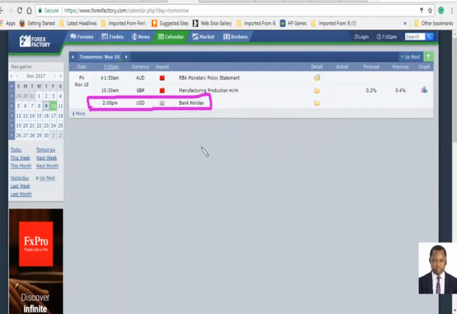All right, so if you're watching this and you're in the live session, you should have in mind that tomorrow we are not going to be having any live session because of this bank holiday. I repeat, there will be no live sessions tomorrow because of this bank holiday. Meanwhile, if we find any valid setup, we are of course going to let you know in the Telegram channel or group, and as well in the live session, so you can follow along.